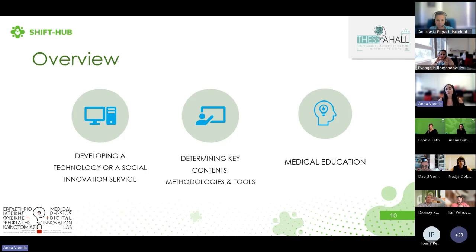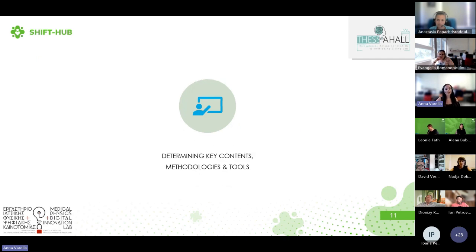So we wanted to focus on three different categories. Our Living Lab not only focuses on developing technologies or social innovation services, but also works as a key enabler for determining key contents, methodologies, and tools, and also functions in terms of promoting and enhancing medical education. Focusing on the first category, determining key contents, methodologies, and tools,